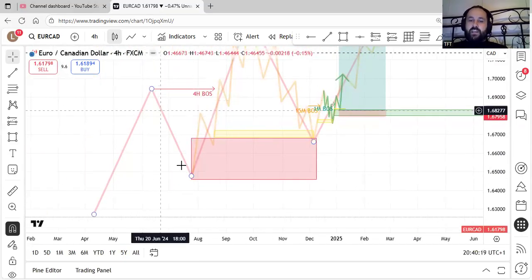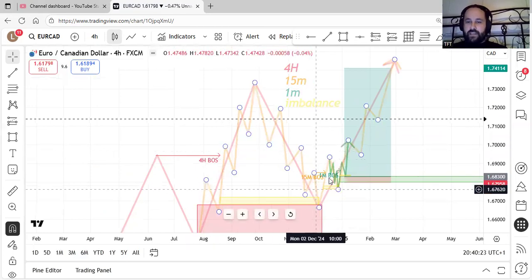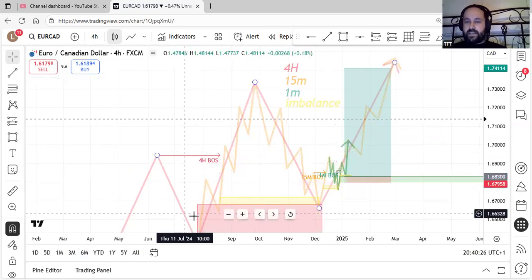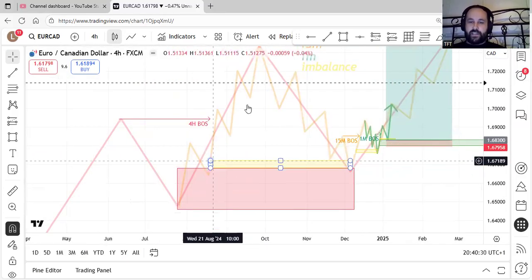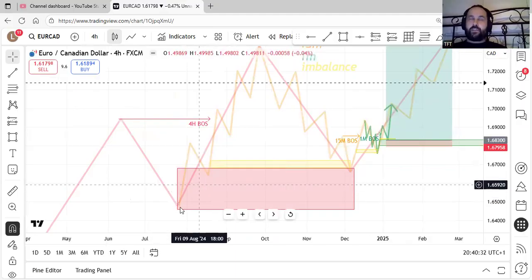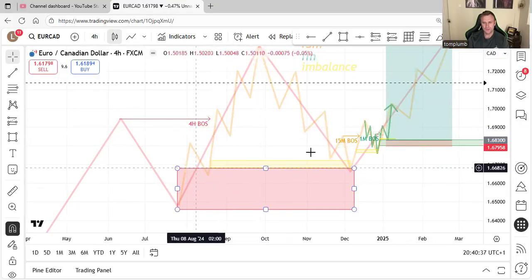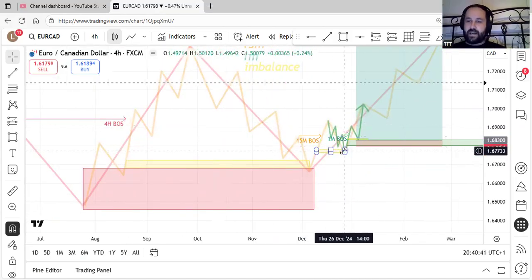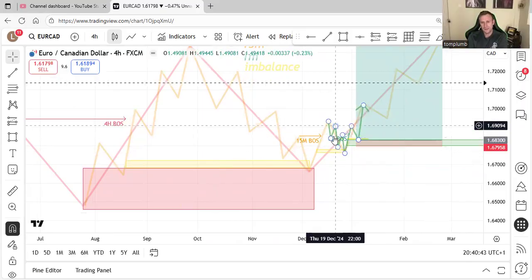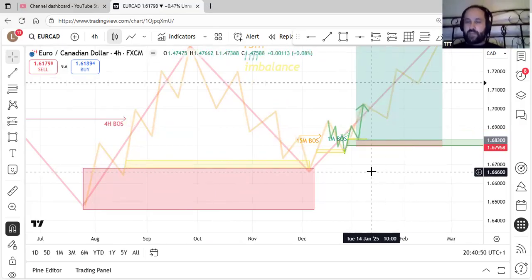You see the red structure line is what I class as 4 hour, orange is 15, and inside that is the 1 minute. I haven't added the 1 minute to this structure because I feel it would take away visually a lot of what you would see. But in reality, if you see this 15-minute pullback here that I've marked, there's a green line which is what I would consider the 1 minute, which I'll come down and show you on the actual price chart with candles.